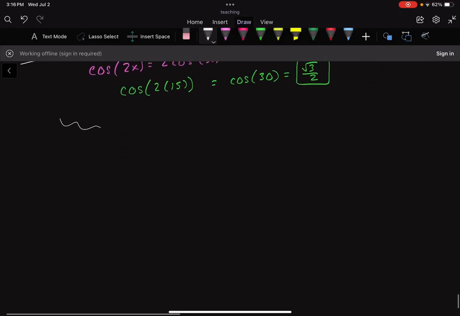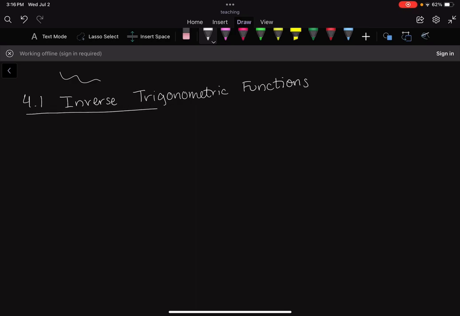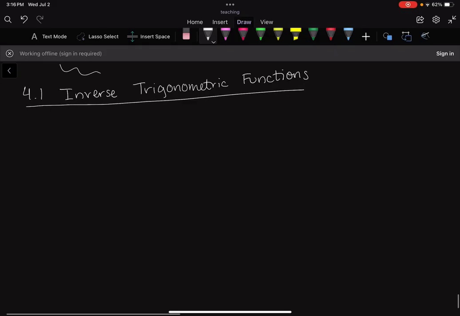Let me go ahead and start writing in the notes. So 4.1 is inverse trig functions. So inverse trig functions. We actually did cover inverse trig functions in